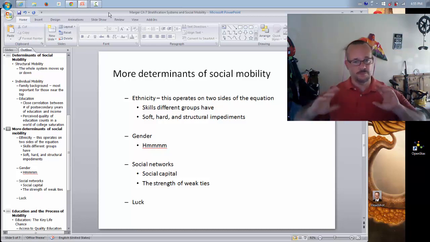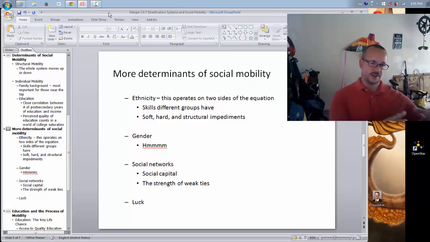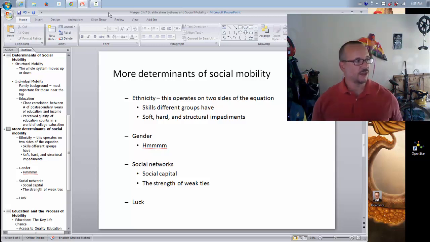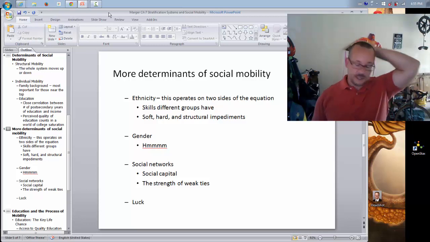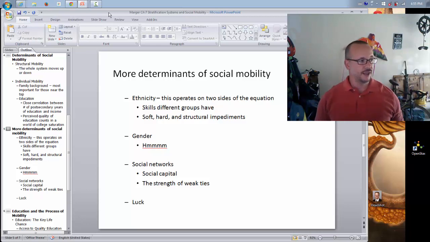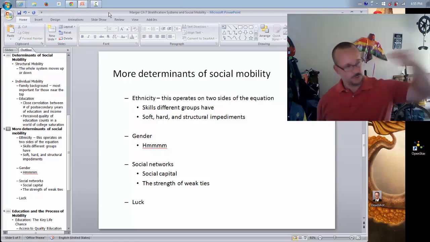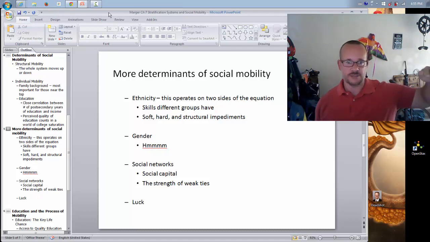So that's the one side. What are the ethnicities bringing to the equation? The other side is, what are those ethnic groups facing, right? The book talks about soft, hard, and structural impediments, and we can talk about those. But in a really straightforward way of saying it, racism happens at least at three levels. There's the one level, the overt level: I don't like those damn Irish, right? Then there's the covert level, where